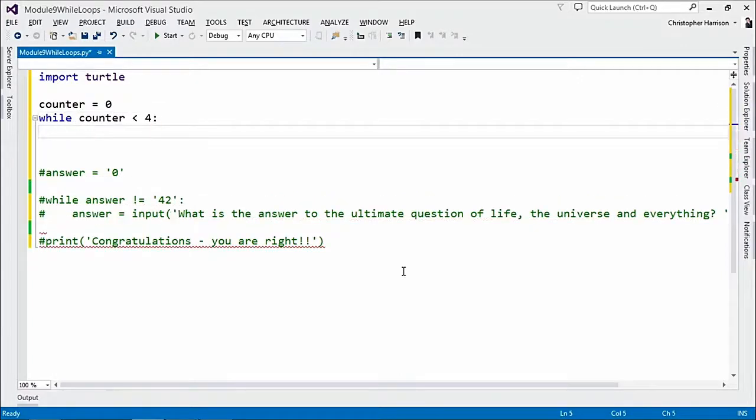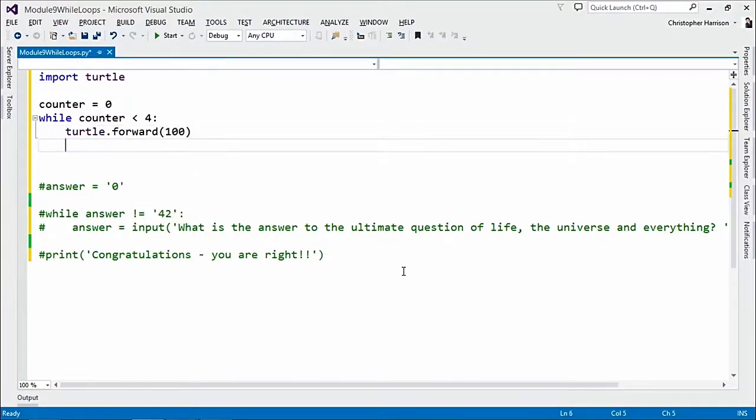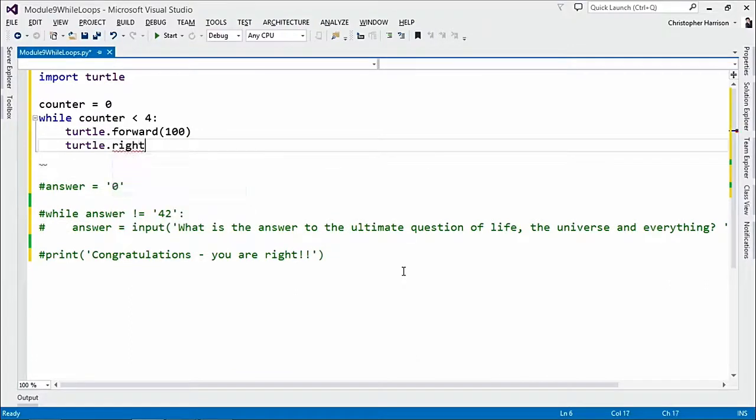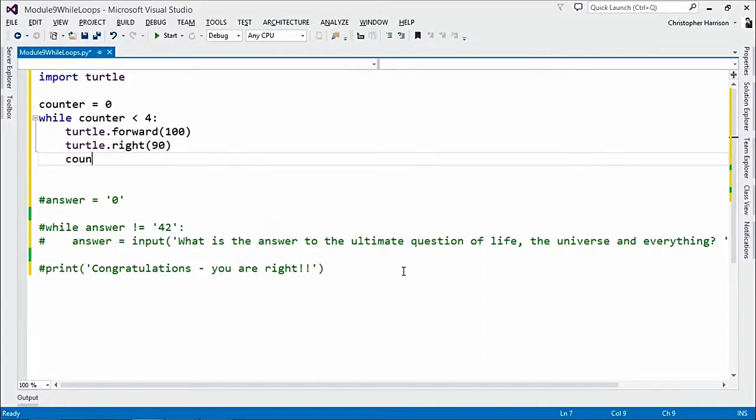Okay, so in any event, you'll notice that I've got my while counter less than 4. And again, you'll notice I'm sticking with that. I said 0, less than, that's what I always do. That's exactly what I've done here. So I'm going to say turtle dot forward, and we'll say 100, and I'm going to say turtle dot right, and I'm going to say 90, and I'm going to say counter